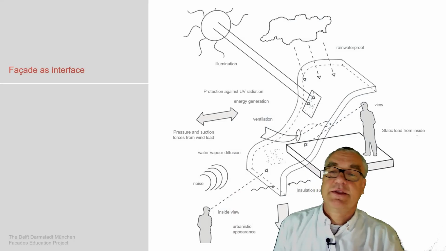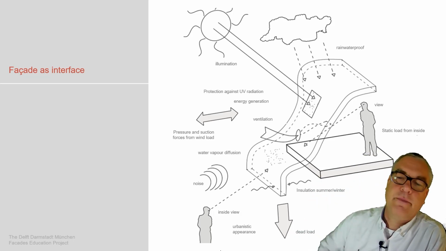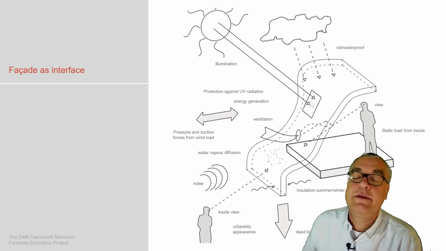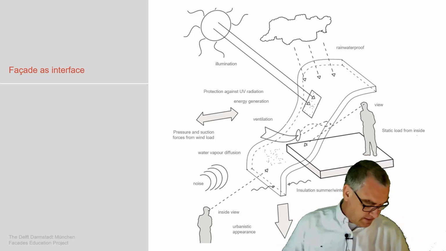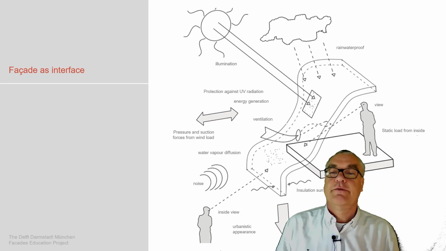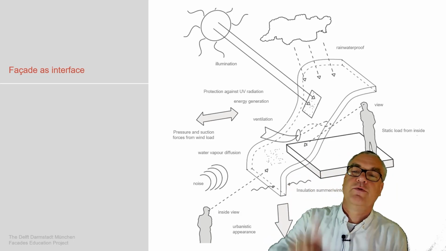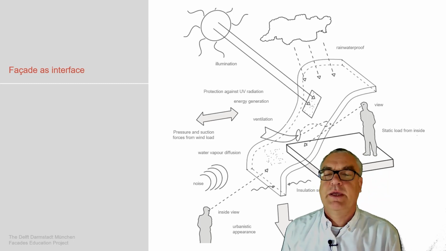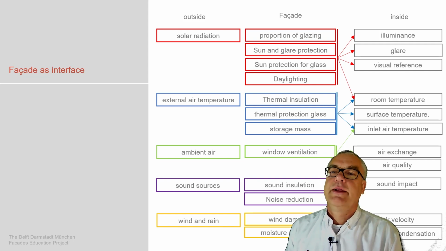Facade interfaces. So this is an outline of influences on a facade, and obviously things like sun radiation, wind, ventilation, acoustics, noise are the aspects we have to deal with for facades. And obviously on the inside, the important part is the view to the outside. That's what we expect as an opportunity. That's what we're going to see in the glare protection later in this presentation.